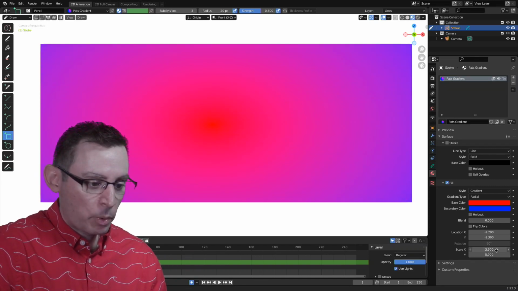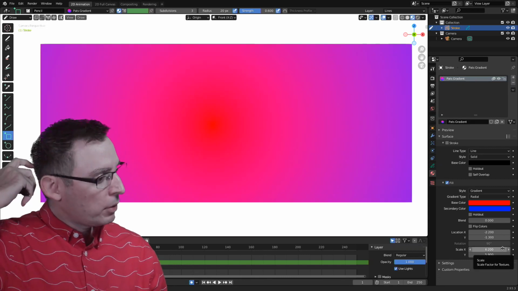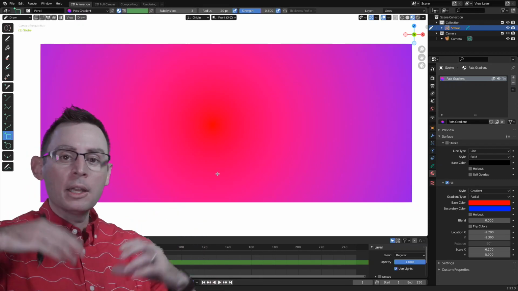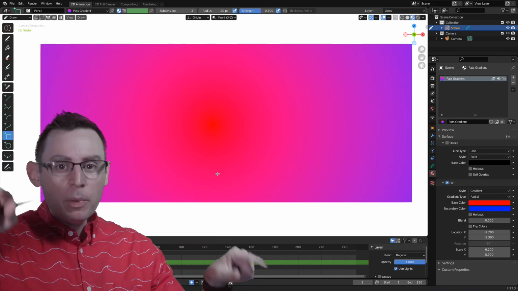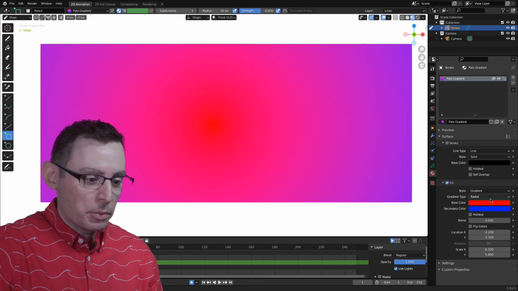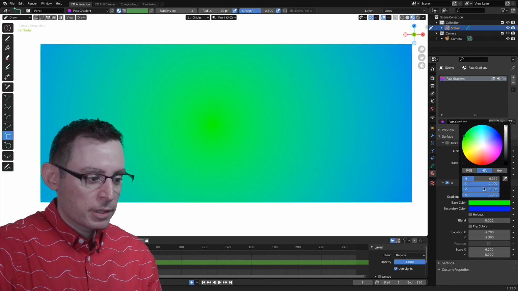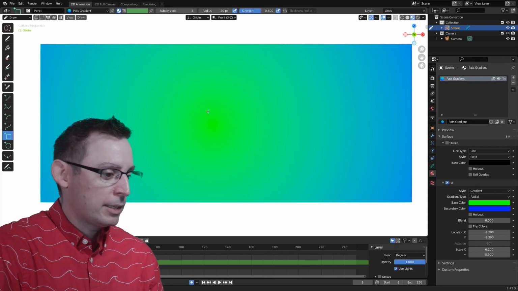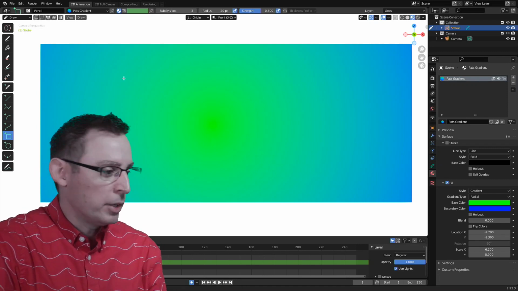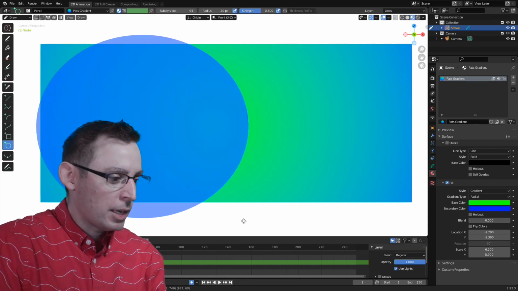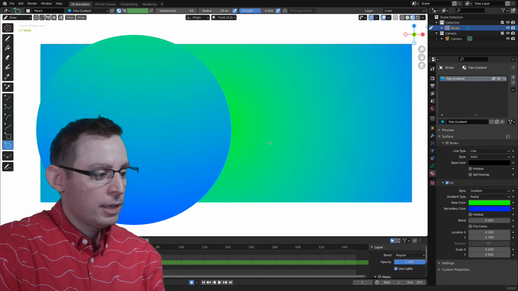Now, if these values were both the same on the x and the y, it'd be perfectly circular. So we have a lot of ability here to go in and change the shape of our gradient when using a radial gradient. It's always going to be circular in some capacity, but it's still pretty cool. Let's change the colors just to make it a little bit more fun. And this kind of speaks to the power of working with gradients inside of Blender. We can even go in and draw some additional shapes that continue to use that gradient as its core material. Hit the return key, and then there we go.